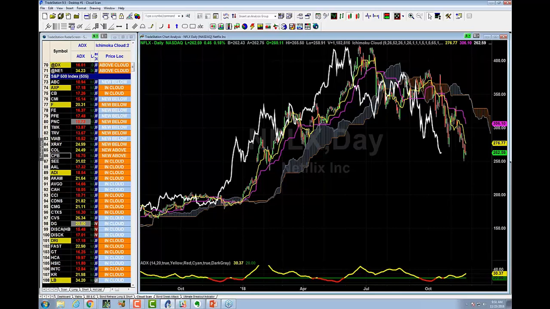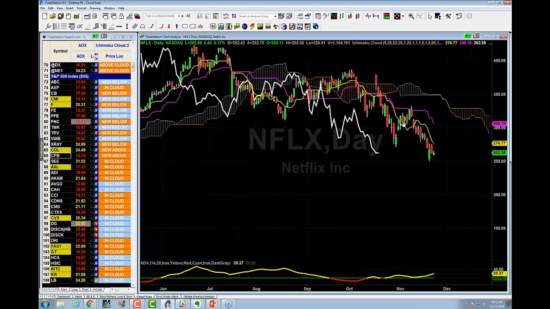Can we make a little bit of money short swing from below the cloud to the cloud? You talking about like doing a bounce from here to here? Yeah, you can. It's harder because it would be a week long. Any longs? Yeah, I showed you a couple longs earlier.